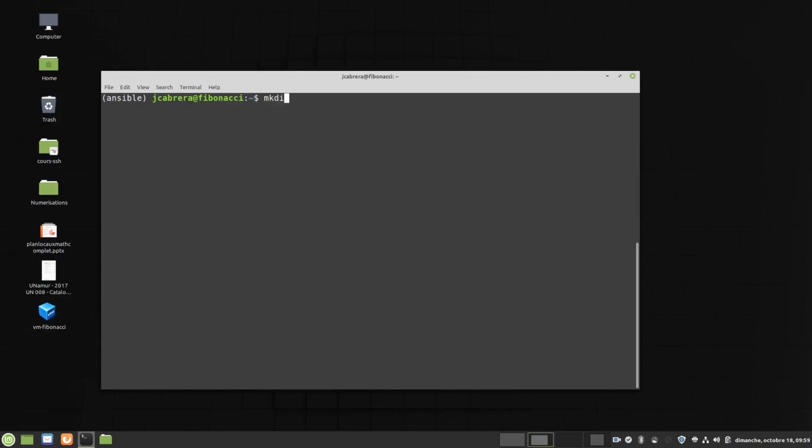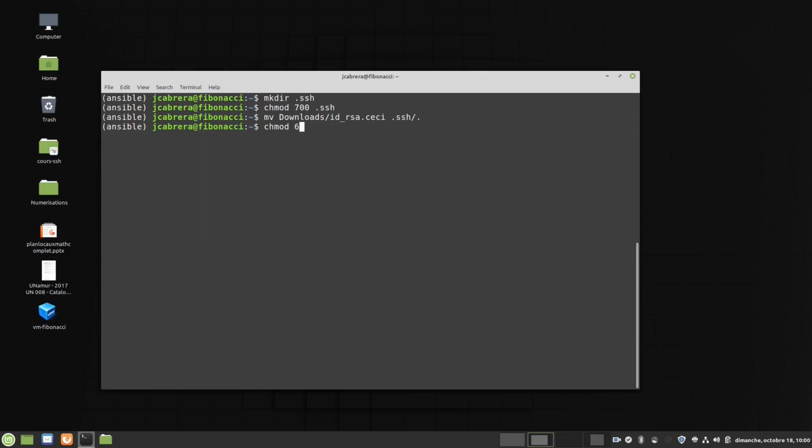Then with the mkdir command, create a .ssh directory and change with chmod the directory permissions. Move your key from the download directory to this new directory.